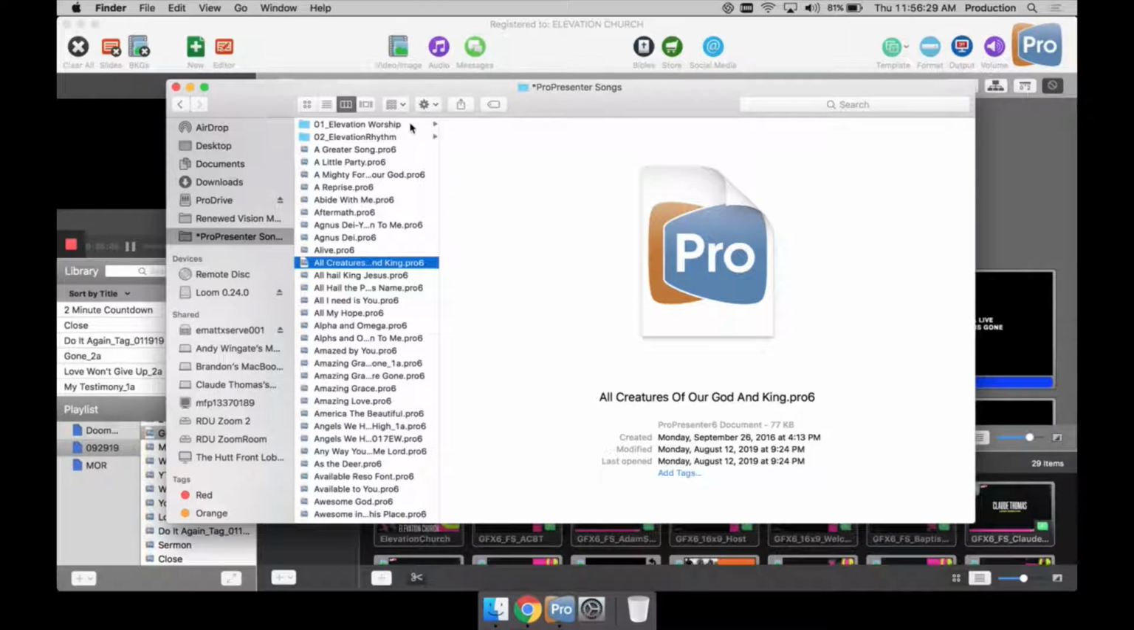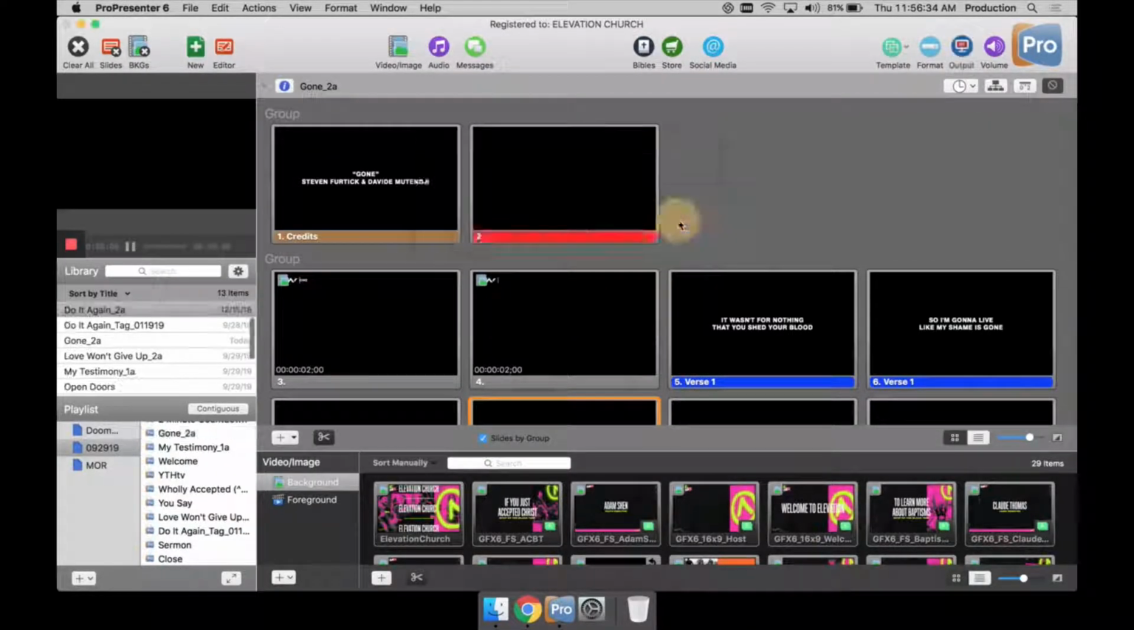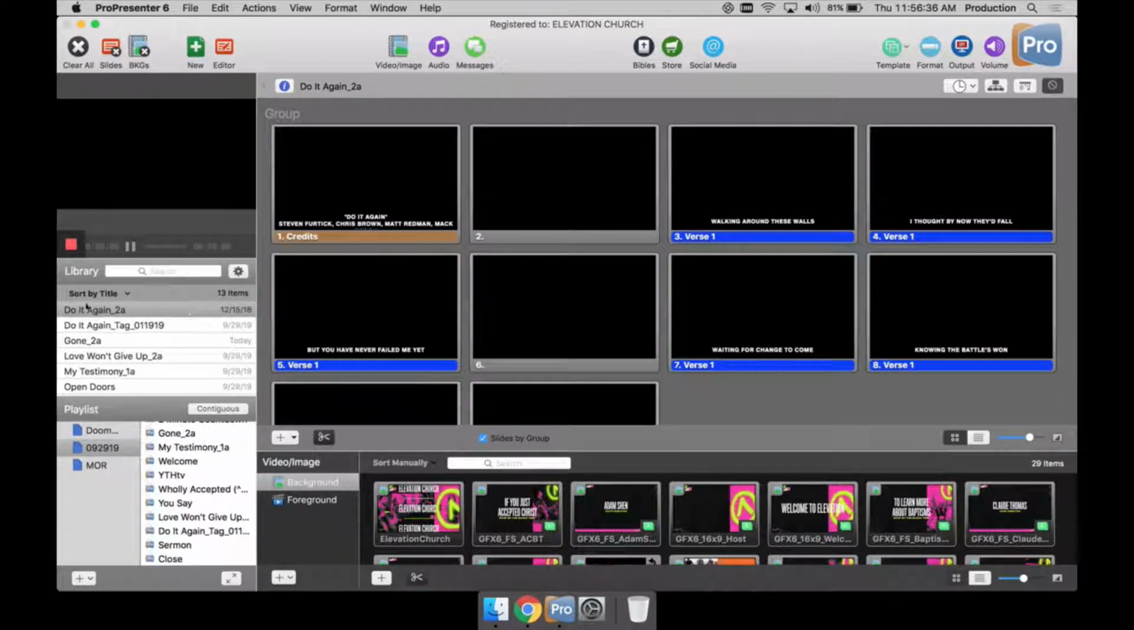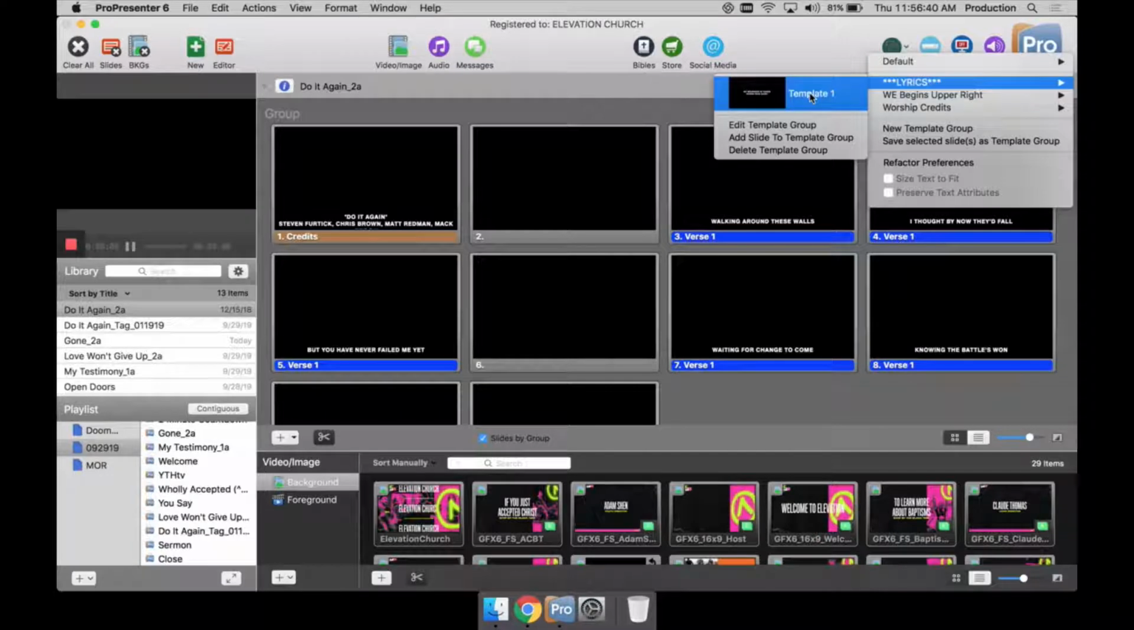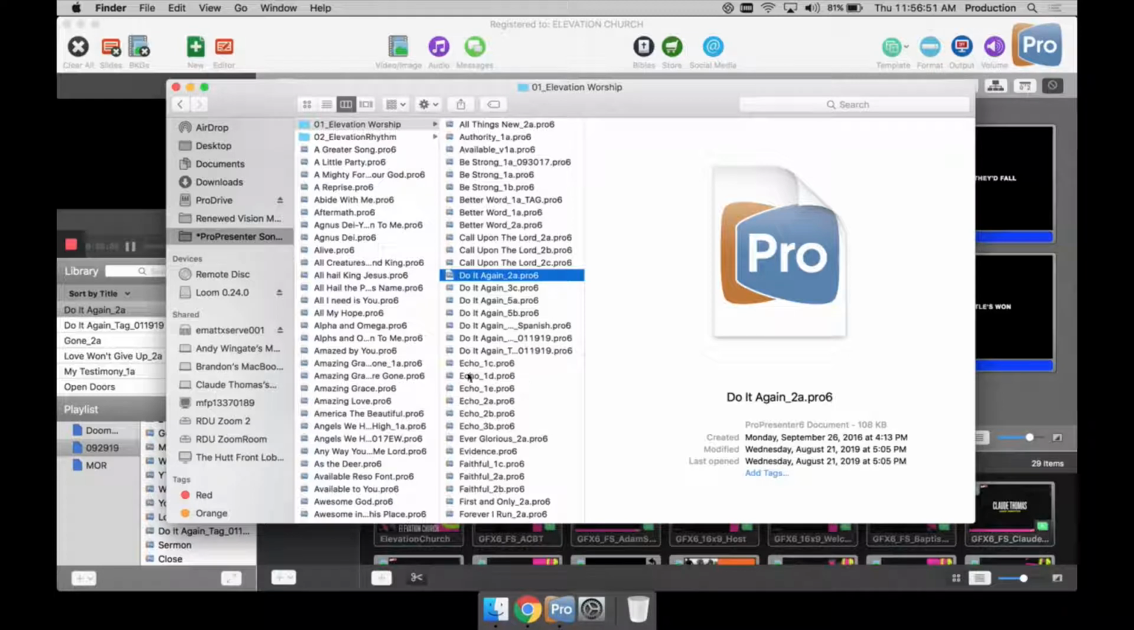So you can essentially go in, find what you would need, and say, cool, pull in, do it again. And then after we pull it in, it pulls to right here in the library. And you just go template, lyrics, template 1, and you're already formatted and ready to go, and you can throw it live on screen. The other way that you can do this is, let's say we want to do Echo